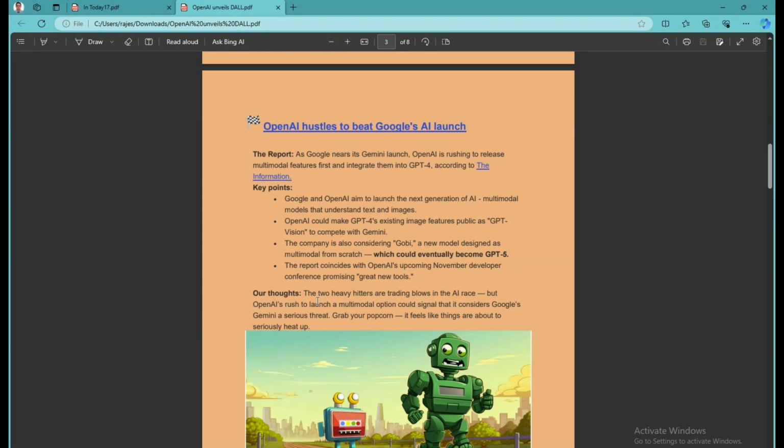What are my thoughts? The two heavy hitters are trading blows on the airwaves, and OpenAI's rush to launch its multimodal options could signal that it considers Google's Gemini a serious threat. Grab your popcorn. It feels like things are about to seriously heat up. So yeah, it was exciting that both of them are rushing and making really great, exciting news for the viewers, for their customers, and for the people involved